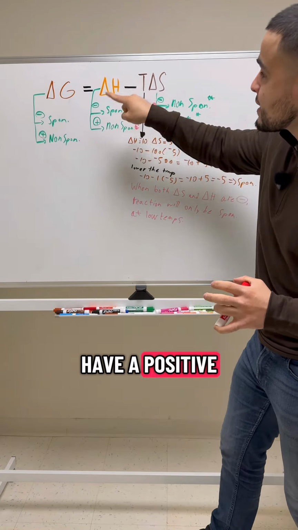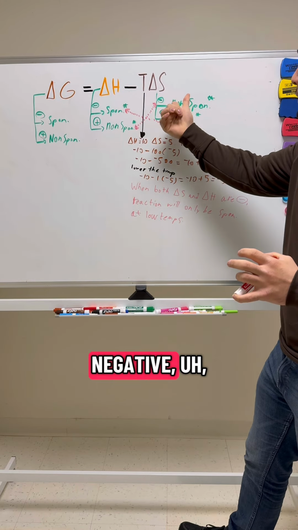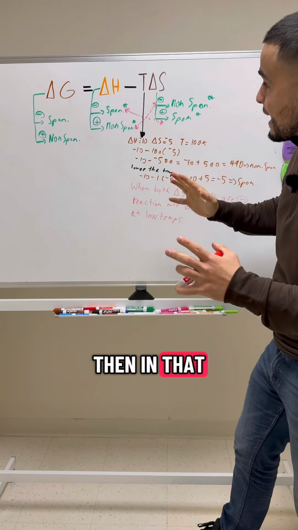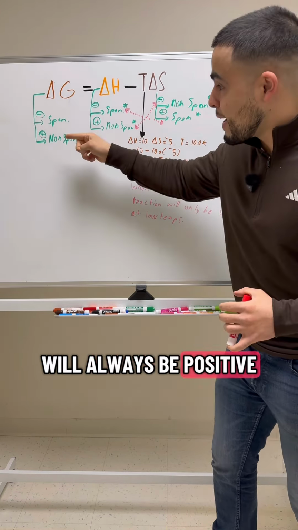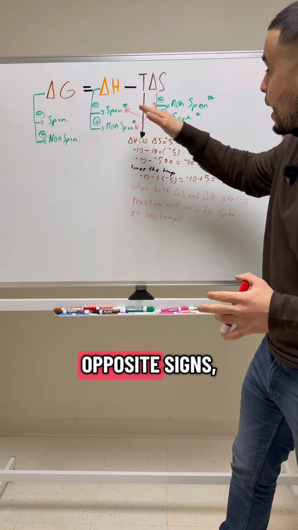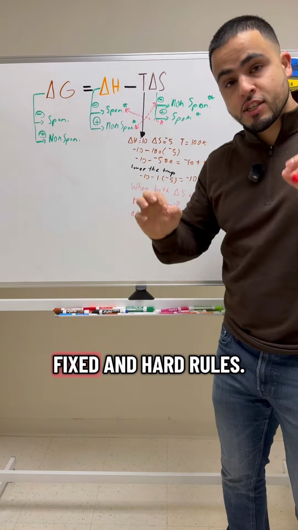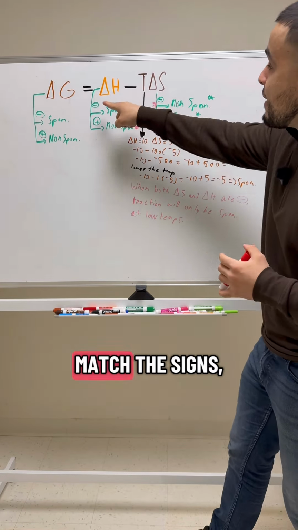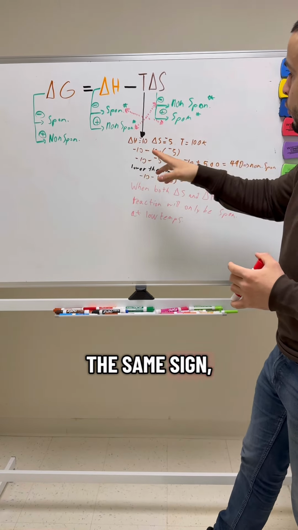Versus if you have a positive change in H and then a negative change in S, then in that case, the result will always be positive and it'll be non-spontaneous. So that means if change in H and change in S have opposite signs, then we have fixed and hard rules. However, if they match the sign, so if they have the same sign, we can look at this example right here,